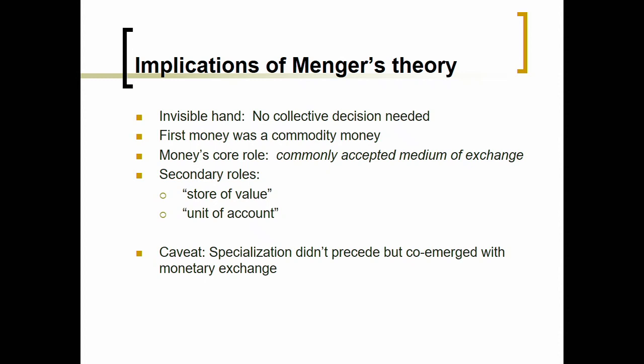And the final is the unit of account. It's much easier to engage in trade when prices are listed in one thing and you're using that one thing to pay for it. Also makes it easier to run a business and just have a basic T account of assets and liabilities. You can keep track of whether you're making money or losing money.